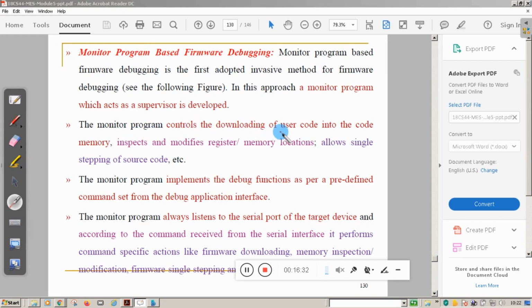Monitor program controls the downloading of user code into the code memory, inspects the various registers and memory locations, etc. Also, monitor program implements the debug functions as per the predefined command. Monitor program always listens to the serial port of the target device and acts according to the command received from the serial interface. So all these are the different procedures involved in the monitor program based firmware debugging.